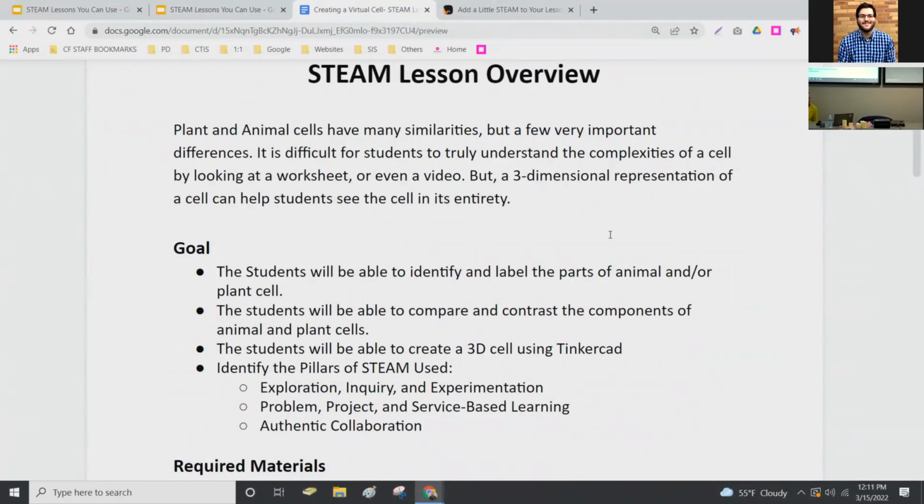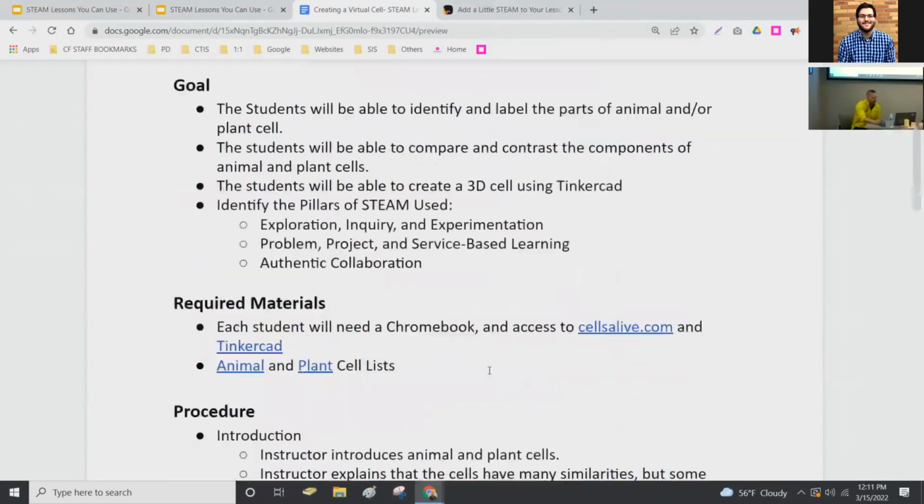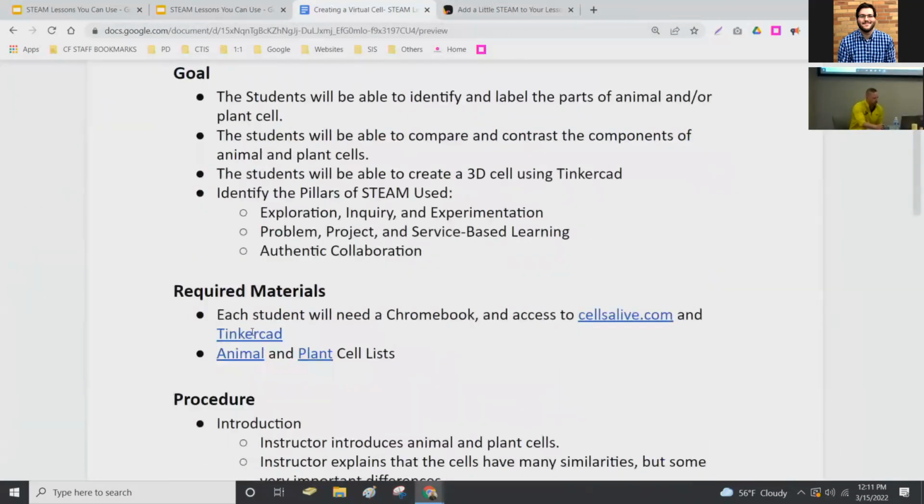And once Google Expeditions AR died, we were really struggling for what other things are out there. And so the idea was, instead of finding one that was already created for them to look at and talk about or fill out a worksheet, it was to group up and actually create a virtual cell. So Tinkercad is a very easy to use computer aided design program with some drag and drops. You can easily create cells.